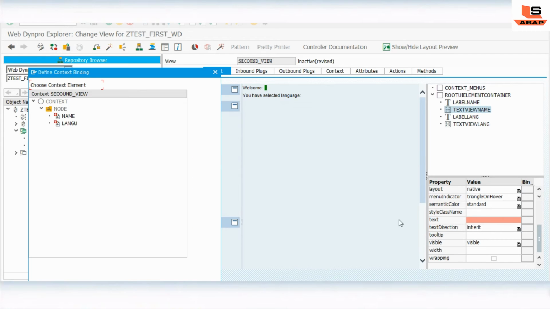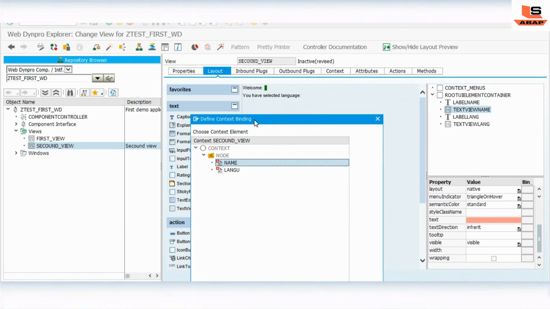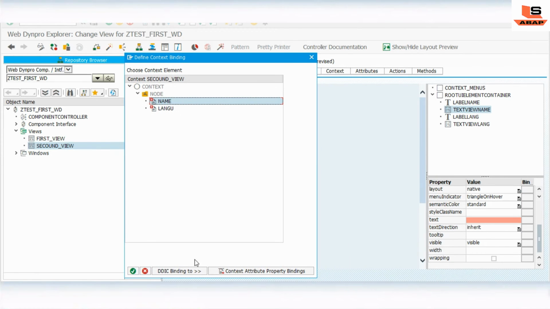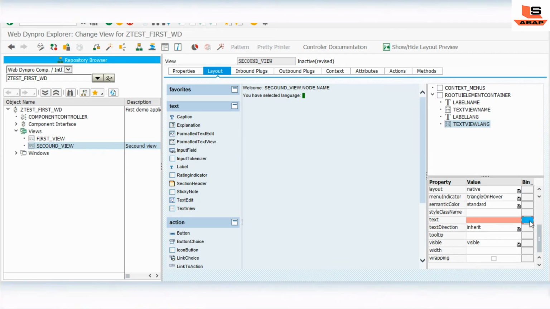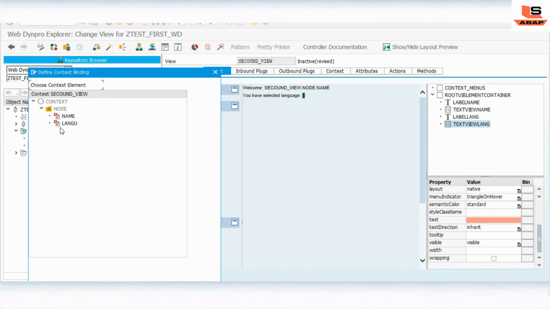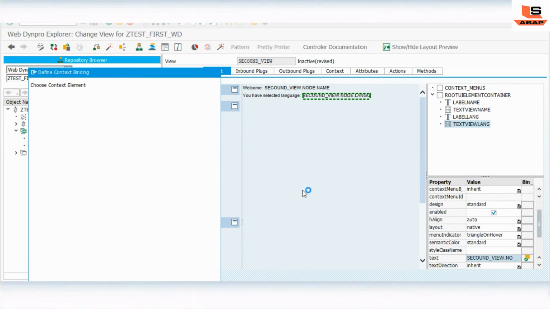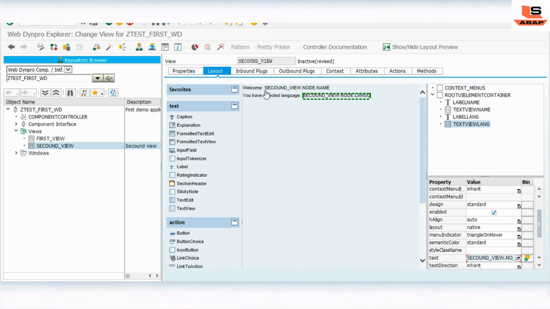So just click on this button, text, and you have to select name. Okay, name, and click on the ok, and do the same thing for the text view language also. Here click text to select language.